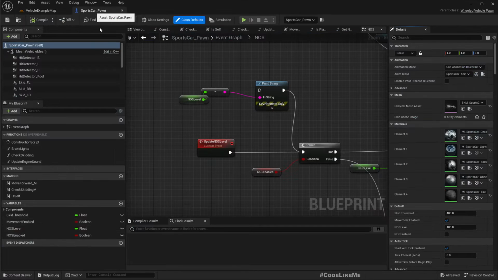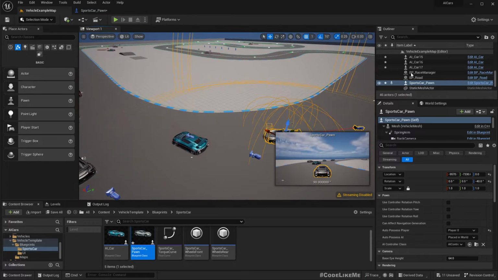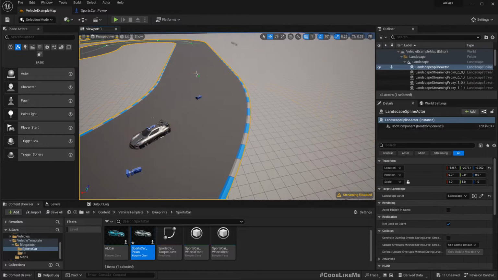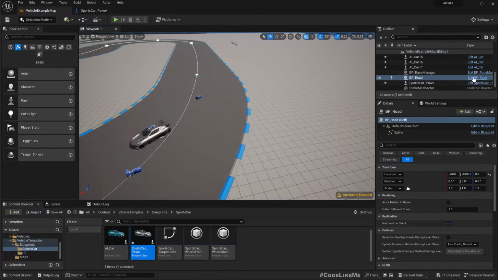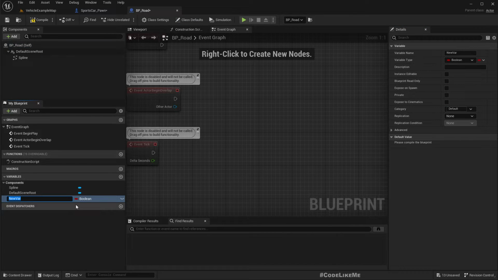and also here we need a reference to the road in order to record the speed. Let me select the road spline, PP road, and here let's create a different mode to record the speeds. So I'll add a boolean variable record speed. This should be a public variable,